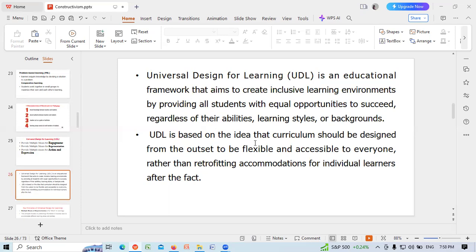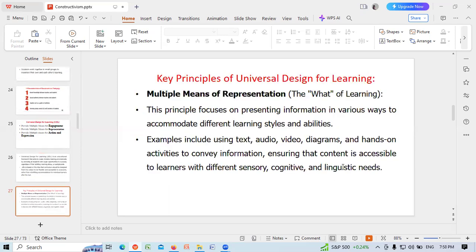UDL is based on the idea that curriculum should be designed from the outset to be flexible and accessible to everyone, rather than retrofitting accommodations for individual learners after the fact.